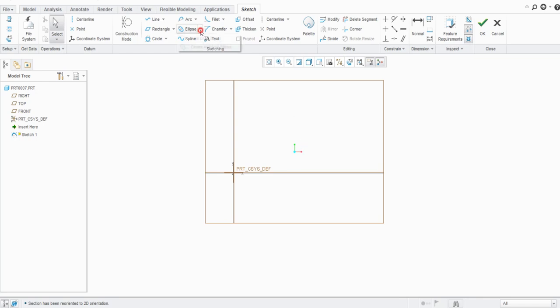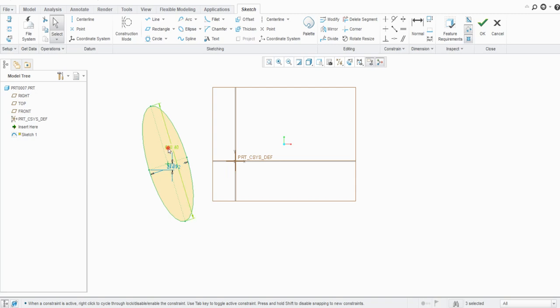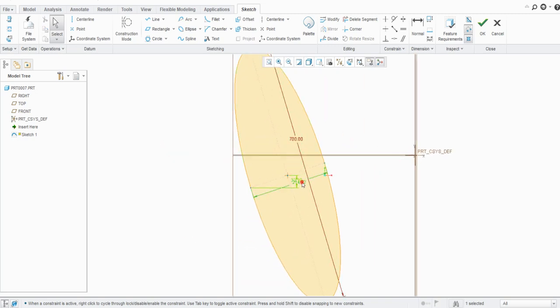different ellipses now here. So there are 2 types of ellipse. First one is the axis ends ellipse. So you can see there are 2 ends of the axis. So just provide those, select the first axis end, select the second axis end, and then provide this width. So it will create an ellipse. So again, you can simply provide the dimensions whatever you want, and then here also